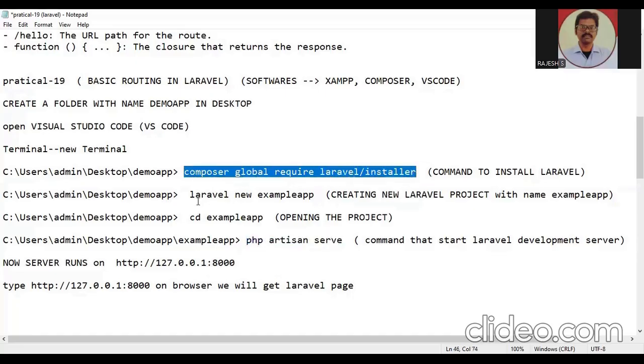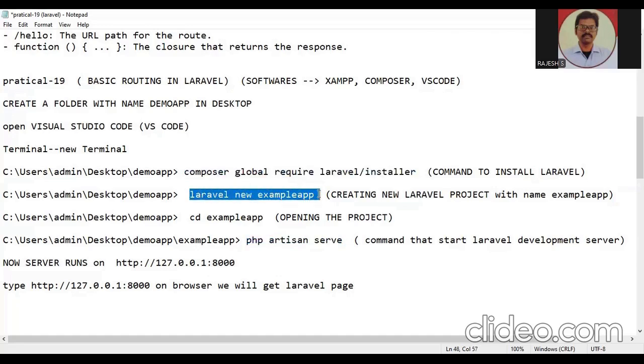After that, we must create a new project. So by using this command, you will create the project. After that, you must open this project by using this command. Then we must start the server by using this command, namely php artisan serve. Then we get this